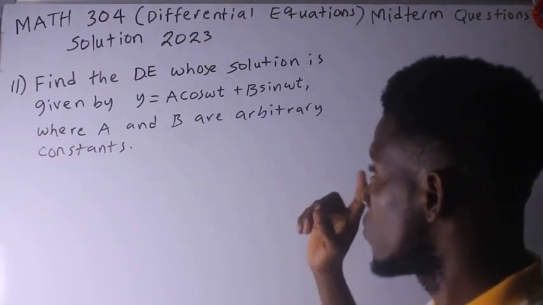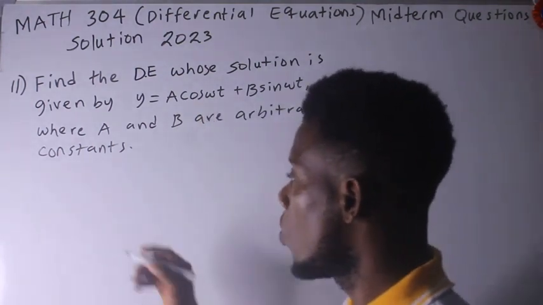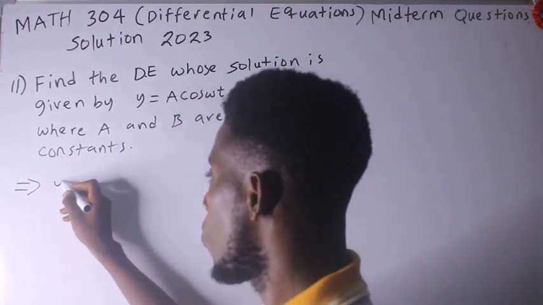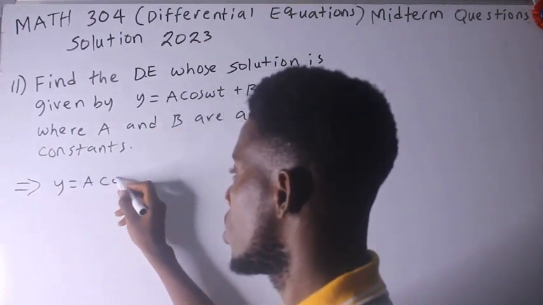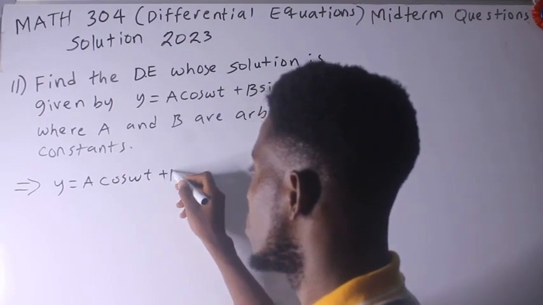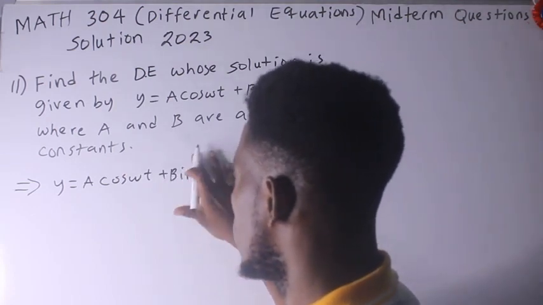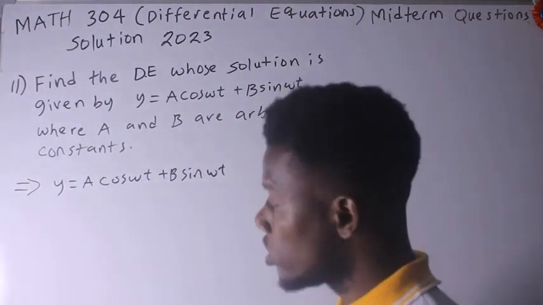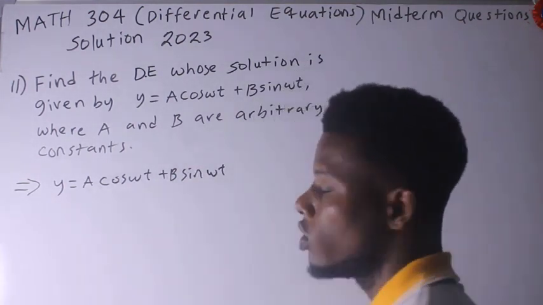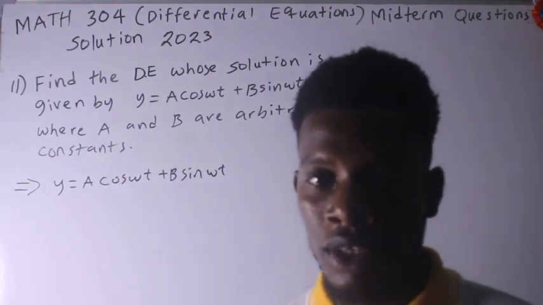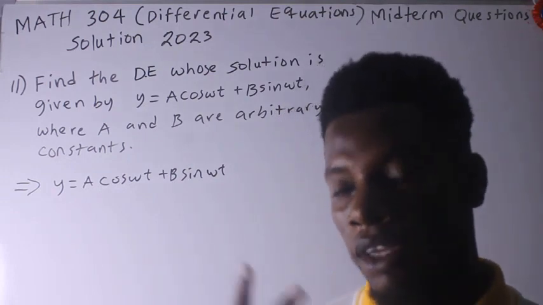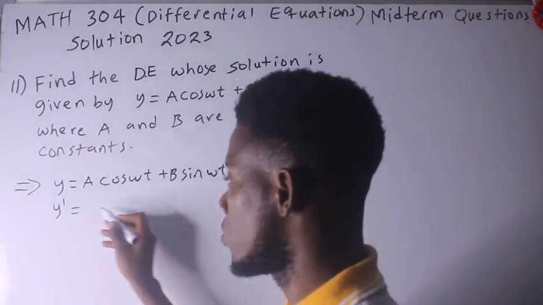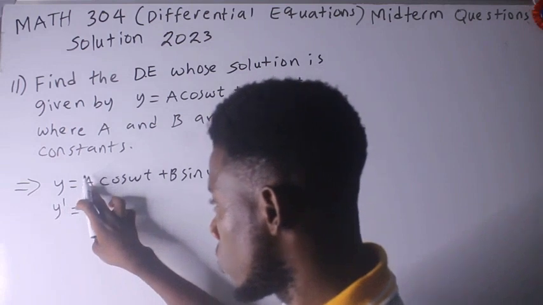So to find this differential equation, what we need to do is to begin with the solution. y equals a cos of omega t plus b sine of omega t. And then, since we have two arbitrary constants a and b, we differentiate this particular function twice. The first derivative we have, y prime is equal to a, a is a constant, so we